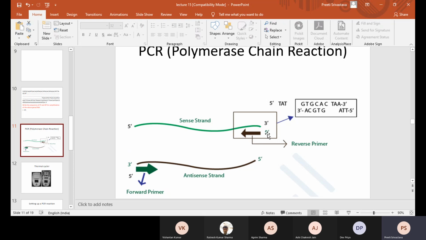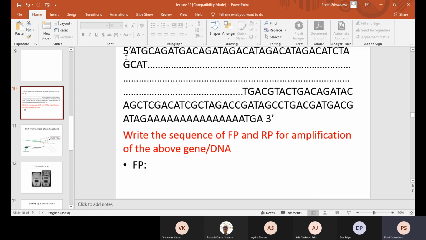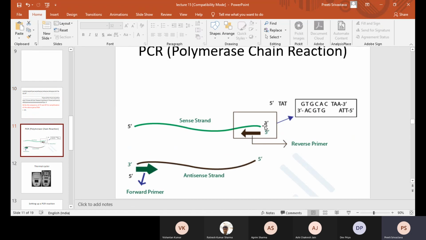Okay, so see, this is the sequence. The template strand 5' to 3'. I have written the template 5' to 3', correct? You need to speak up, otherwise I will not know whether you are following or not. Yes, ma'am, we are following. So what is shown is actually the green strand, 5' to 3', correct? Right. So we need to design the sequence. Whenever we design the PCR primer, usually we give only the sequence of one strand, which is 5 prime to 3 prime, right?